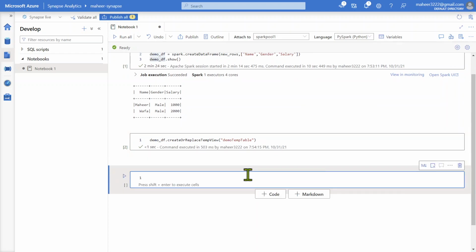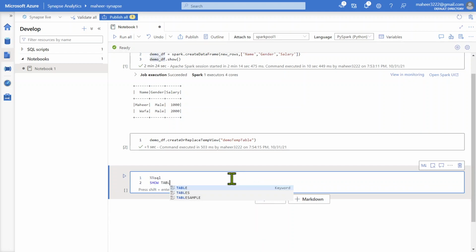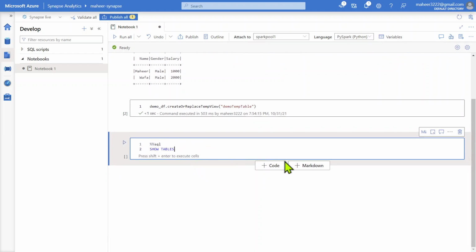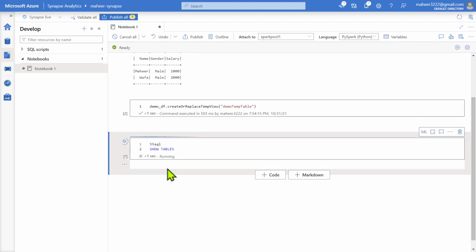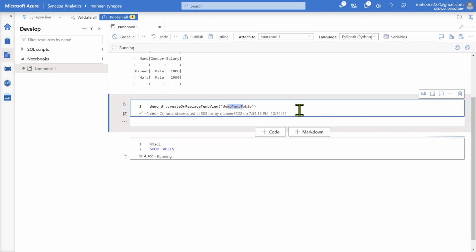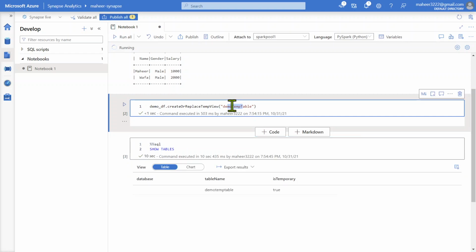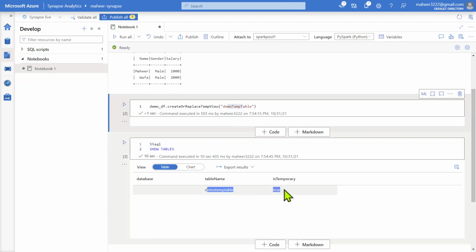Now how can we make sure whether the temp table is created or not? Let me switch to SQL mode here, I mean SQL, by using a SQL magic command. So there is something called the show tables command within SQL, which you can use to see all the tables. Okay, so now let me hit this run cell to see whether this temp table is available in my session or not. Okay, so it will be available within the session only. Remember that it won't be available for any other person who is simultaneously running the notebook. So it is only within your session. See, it has a temporary table, right?